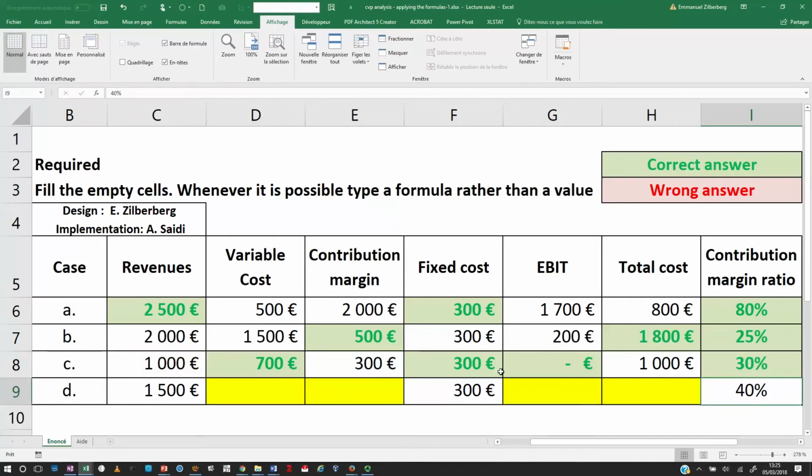The contribution margin ratio, that's the contribution margin divided by revenues, and we get 30%. Then the last one,